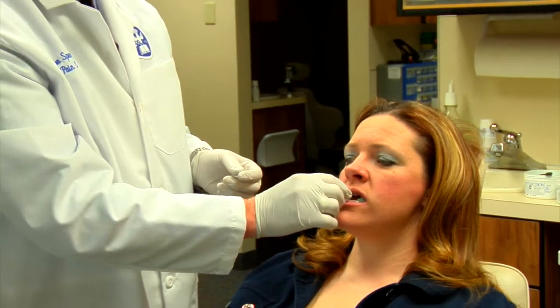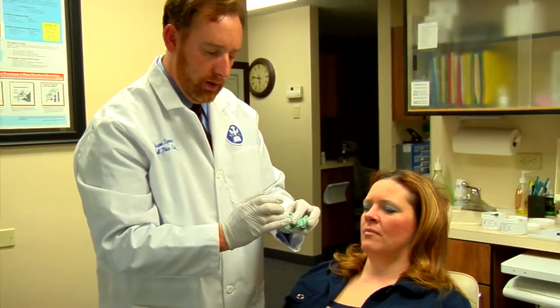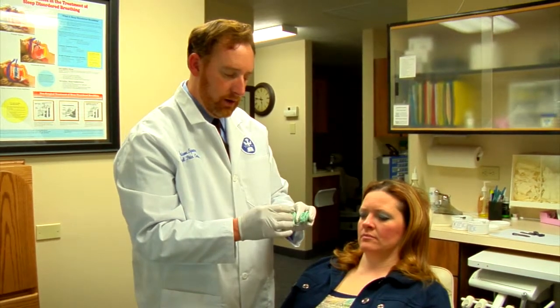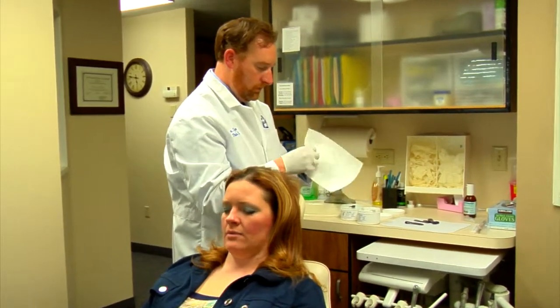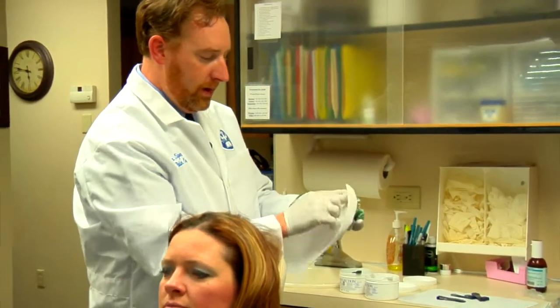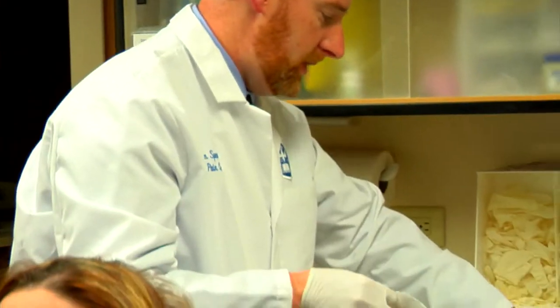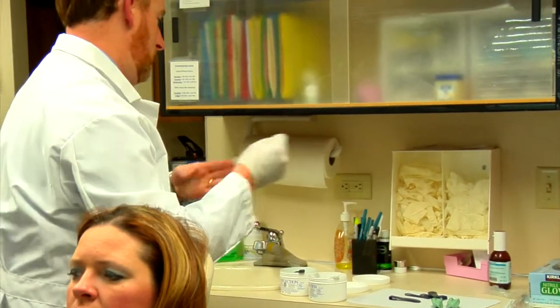It's fairly retentive, but if we wanted it to be a little more retentive, open for me. We could simply add a little material in here and put it back in the mouth, and that would make it a little bit tighter. As a matter of fact, I'm just going to show how to do that. So on the bottom, we got very good retention. On the top, could just make it slightly more retentive. So again, to show how that is done,